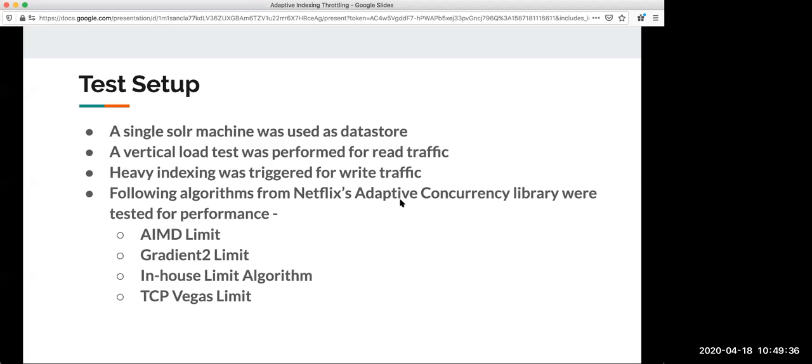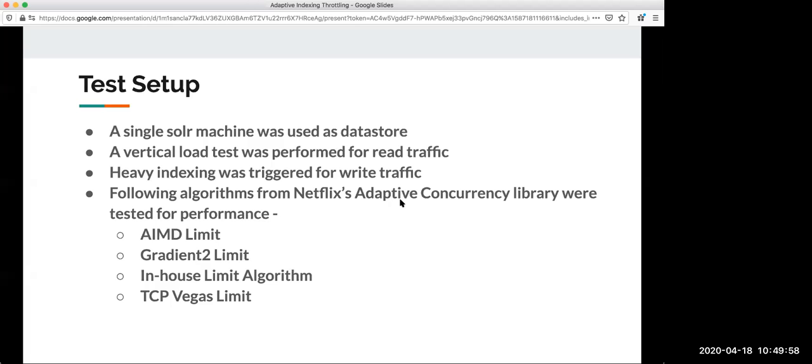So basically it is saying, I'll calculate a limit for how much concurrency my service can handle. These many processes or requests it can be processing at once. That is what Netflix tried to solve with this adaptive concurrency library. It had two components which were useful for us.